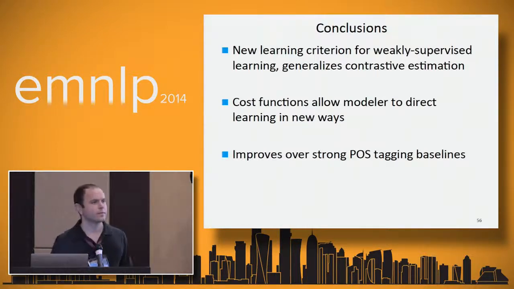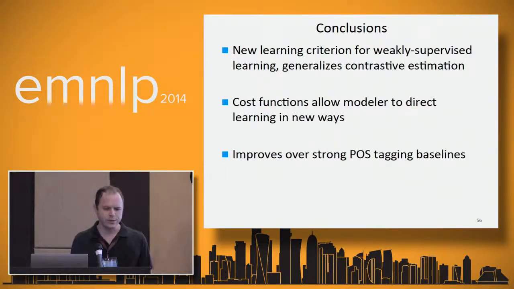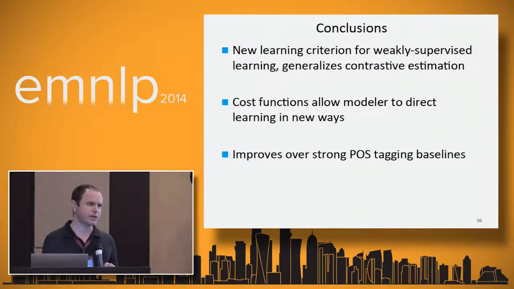Hi. Do you know how sensitive your model is to the hyperparameters, like for example, the regularization coefficient? Yeah, so for the regularization, it doesn't seem to be very sensitive as long as we're using LBFGS and using the same random starting point. Changing regularization doesn't really change much. We do see a stronger effect by changing the alpha and beta, the weights on the cost functions. So that's why it was important for us to do the unsupervised tuning of those.